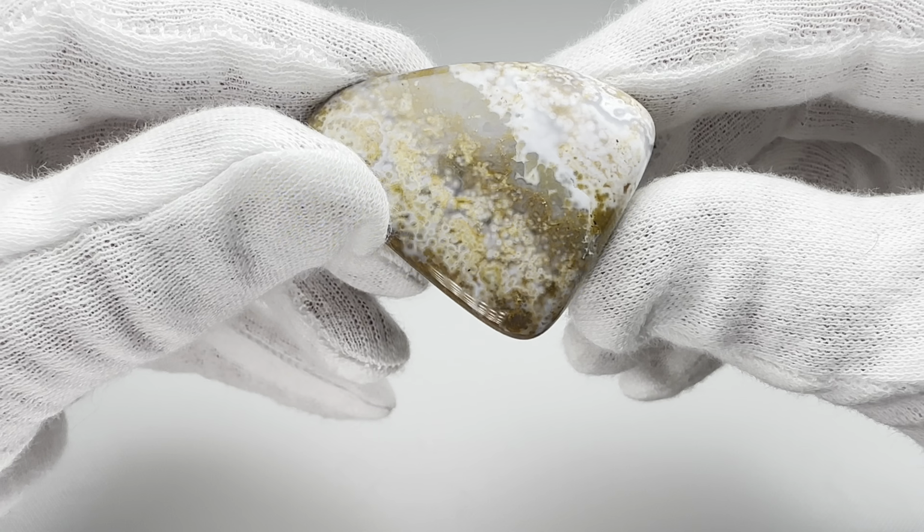After what seems like an eternity of coarse grit tumbling, this Orbicular Jasper is finally ready to move on to the polishing stages in the vibratory tumbler. I think we're going to have some real beautiful rocks when this is all said and done. Most of them tumbled perfectly or close to it. A couple of them are still a little rough, but I'm ready to move on. As you can see, this one just had issues. However, most of them I think will just be stunning once they get all polished up. So I'm going to go ahead and get these started in the vibratory tumbler, and in 8 days, hopefully we'll